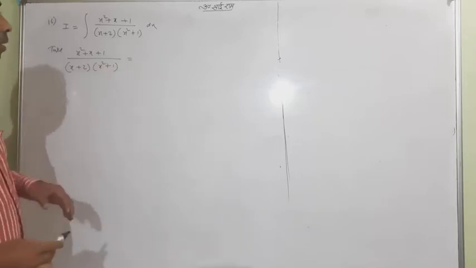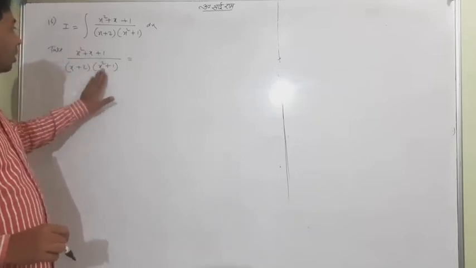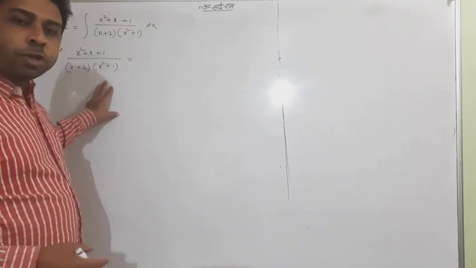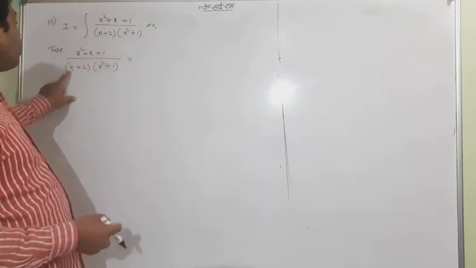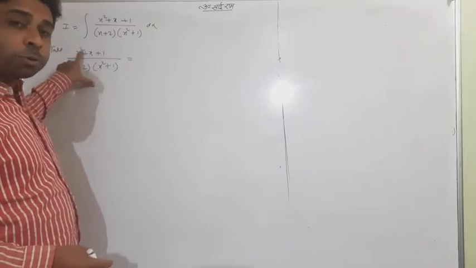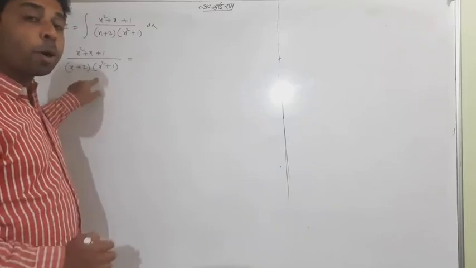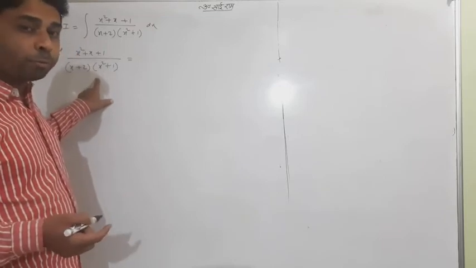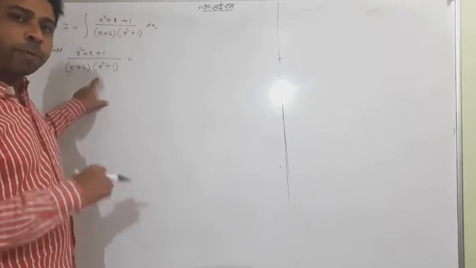This is the thing. Now, can you see that this is linear and this is quadratic? Don't be in a hurry. Actually, initially you have to check: is it a proper fraction or an improper fraction? x into x² is ultimately x³ in the denominator, and the numerator's highest power is 2. The denominator has highest power 3. So definitely it is a proper fraction, and that is very good for us, because if it is an improper one, you have to divide and convert it lastly into a proper fraction. Okay, it is a proper fraction.